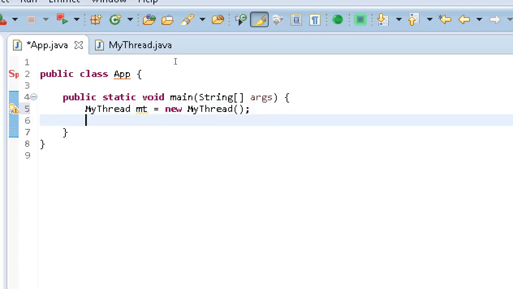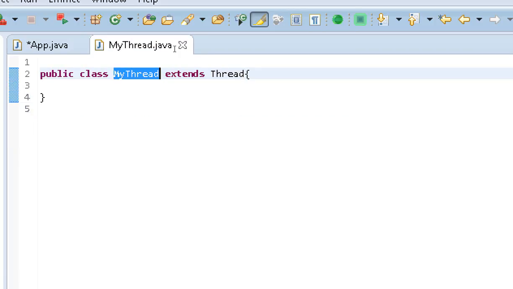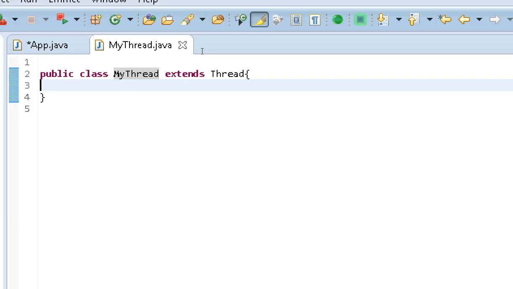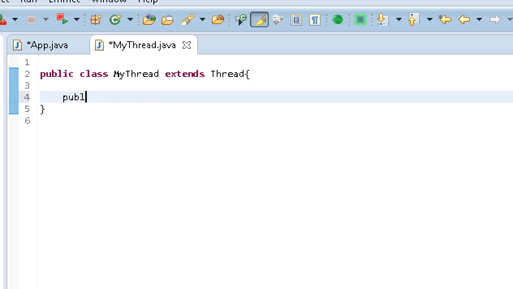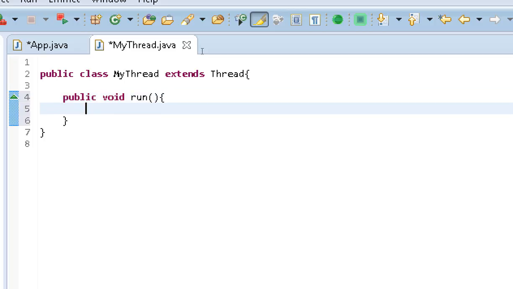Now, if you want to run this thread, you would have to go back to your class, myThread, and you would have to implement this method that is called public void run. Now this method is basically used to allow you to run a thread. So you just go public void run, and then inside this method